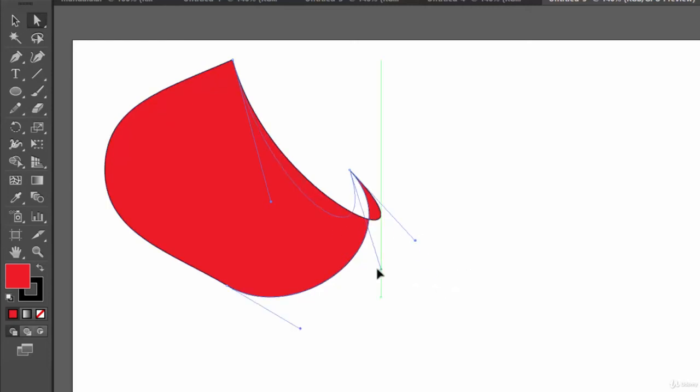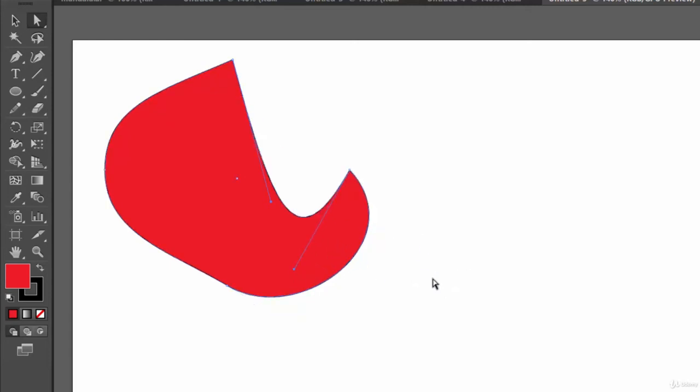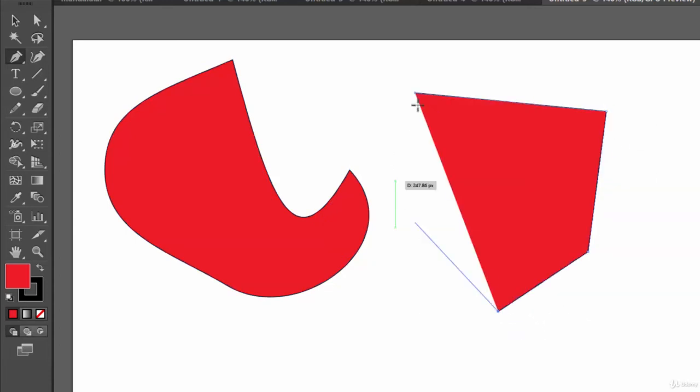This is the reason that we have worked with the pen tool previously, so that now you got the idea of what an anchor point is, how you can work with it, and how you can work with this direct selection tool. Let's draw a shape using the pen tool. Now let's select the direct selection tool and marquee over one edge.